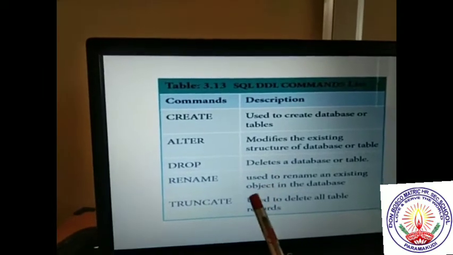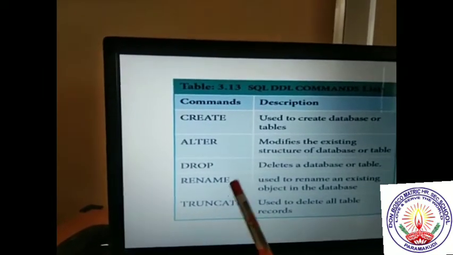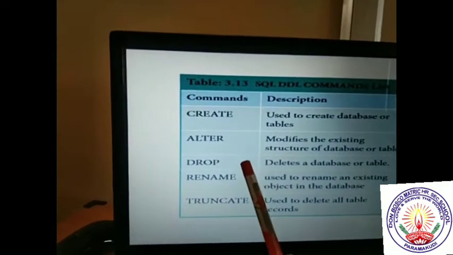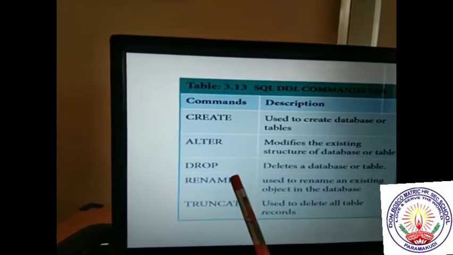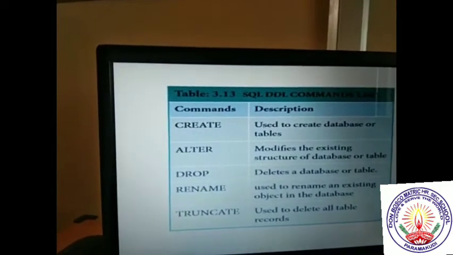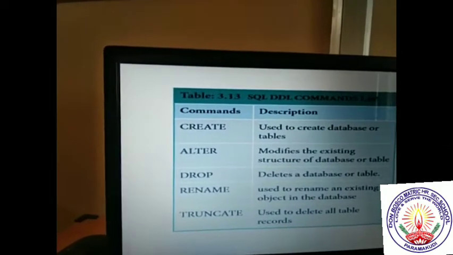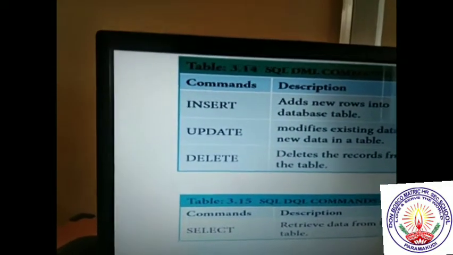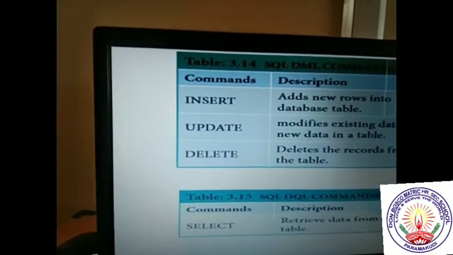So dear students, just note the commands of DDL. DDL has 5 commands: create, alter, drop, rename and truncate. And the next one is DML, data manipulation language. Data manipulation has 3 commands: insert, update and delete.